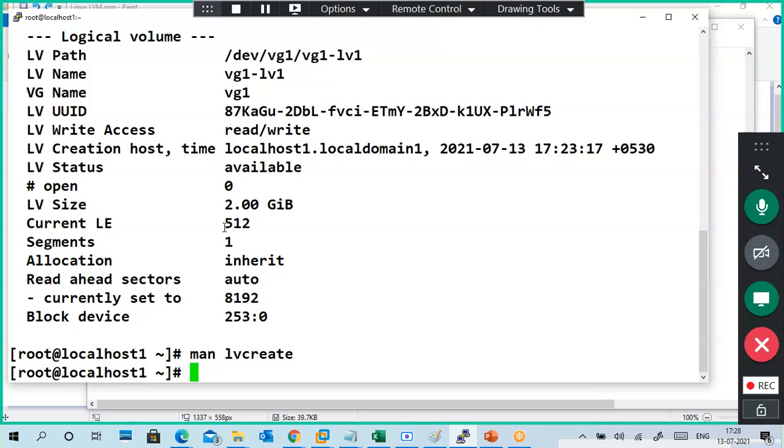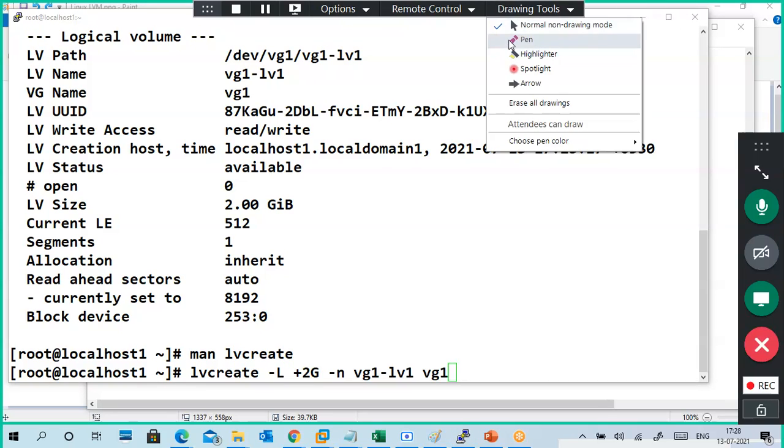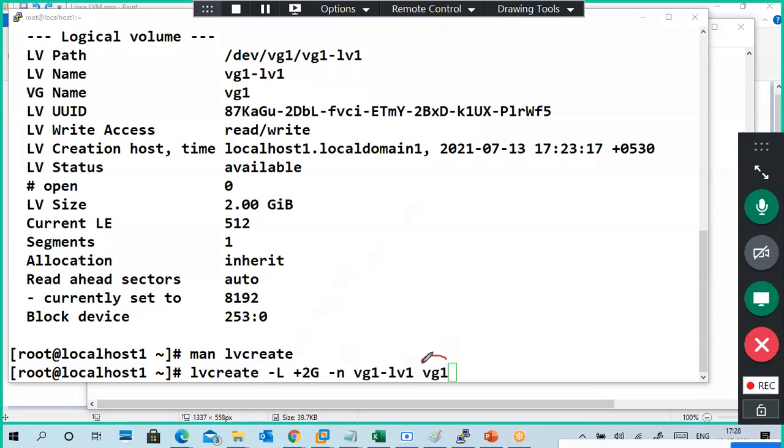So what is this command again? Volume group. This is my logical volume name, and n means this is the name. N means this is the logical volume name. L means size. L means size. I'm specifying a particular size. Hyphen capital L means 2 GB size I'm specifying.